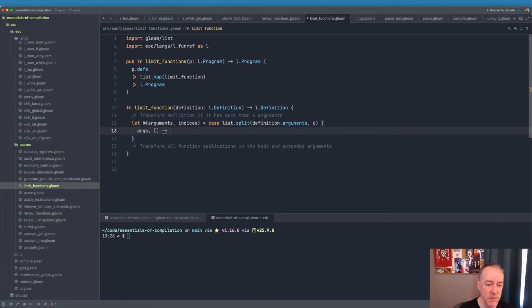So let's just return the arguments as is, and then we'll just say this is an empty dictionary,